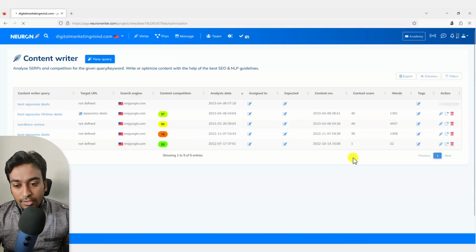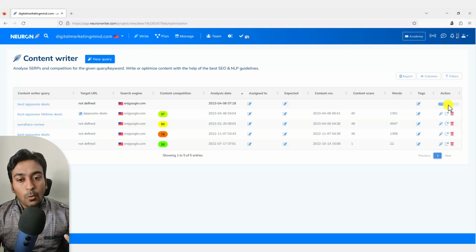As soon as I click on start, you can see it will start the process of gathering the data. For example, you can see it's still showing me the basic information, and you can see the action. It's kind of like a progress bar. Now I have provided the tool with my target main keyword.